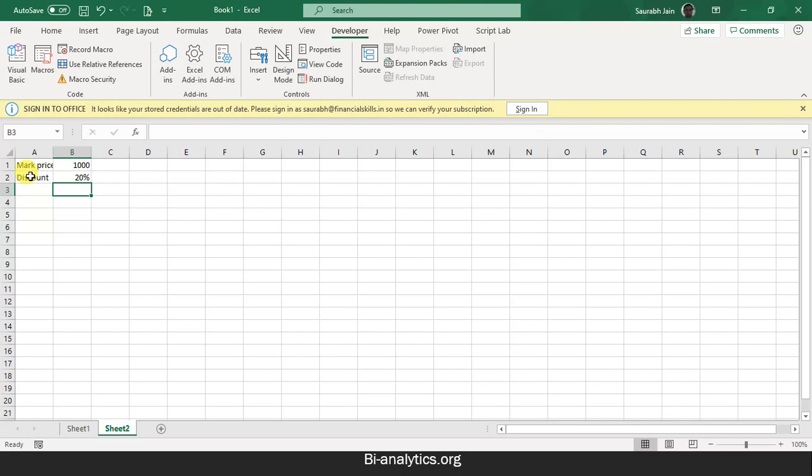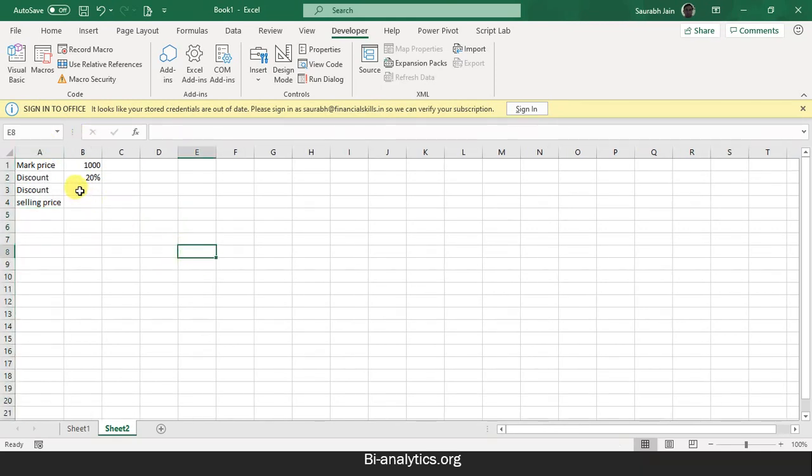Look, I'm not writing 20, I'm writing 20%, which equals 0.2. Already I have written 0.2 over here. Fine. Now the third one is discount, and the fourth is selling price. So now I need to write a program which calculates the discount and the selling price for us.